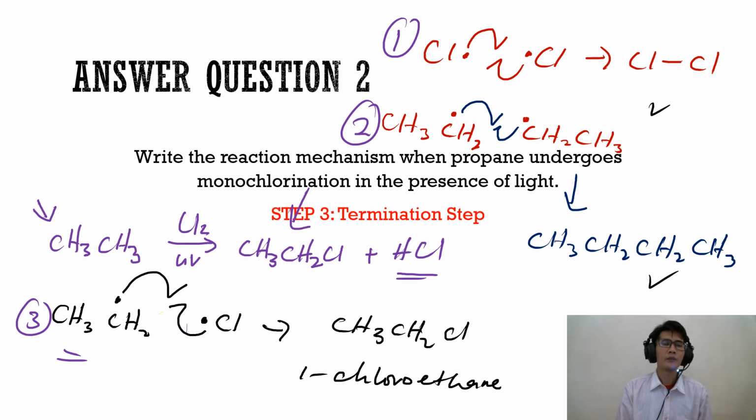Alright, but as for the propane, the termination step can be very, okay, banyak sangat, pelbagai dia punya termination step. So you can try by yourself what are the possible equations for termination step of the halogenation of the propane. Alright, so